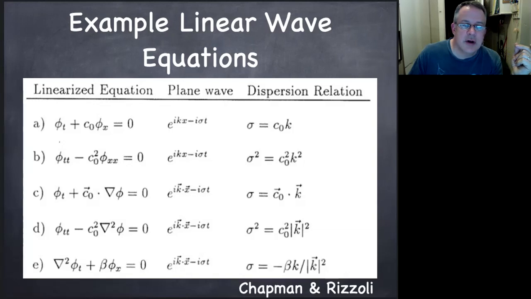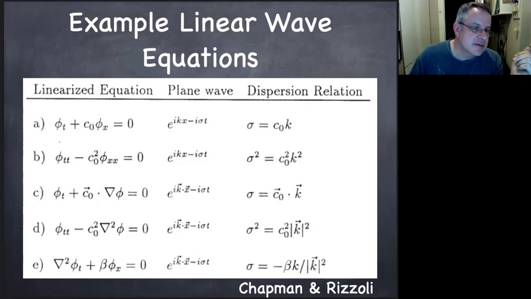Here's our good old friend, the two-dimensional one. Here's the dispersion relation for that. Here is a one-dimensional one that is in multi-dimensional space, where now the phase speed is a vector, and then you get this dispersion relation. So it looks like that one, except notice that these are both vectors, they're dotted together. Here is the second order propagating in both directions, and now the dot product has become a square of the